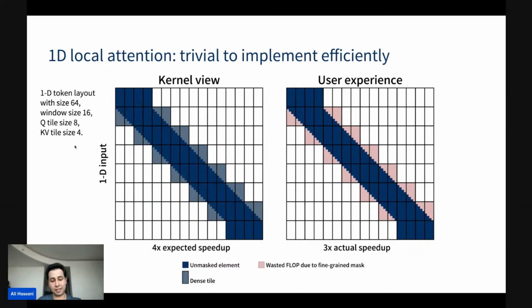So this is the example that we just saw in 1D. I'm also including something here: the specs of the problem are 64 tokens with a window size of 16. So this is like a quarter, right? You would expect a 4x speedup if you were to go just by flops. But if you actually count the number of tiles that you end up saving, as long as your Q tile is 8 and KV tile is 4, these are very dummy examples, if you calculate your speedup based on just savings in tiles,